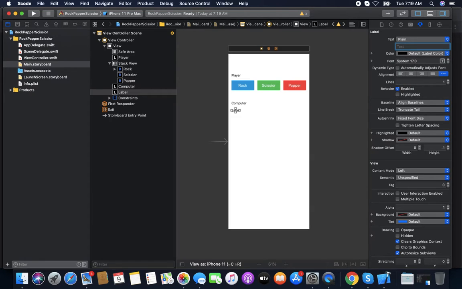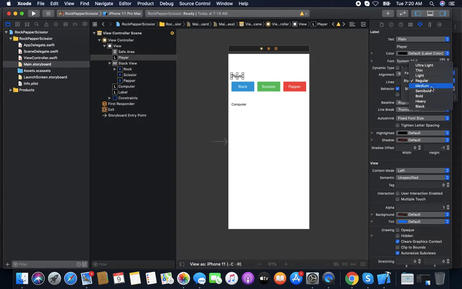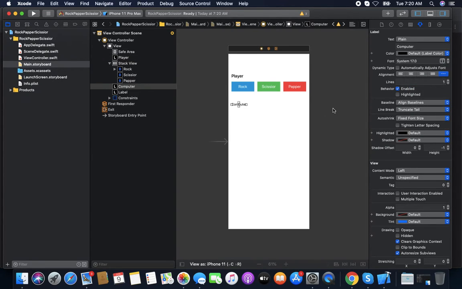We remove any text from this label. We also increase the font size here to 22 and medium.